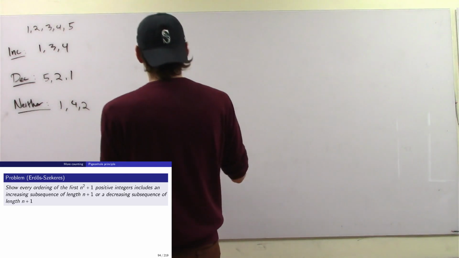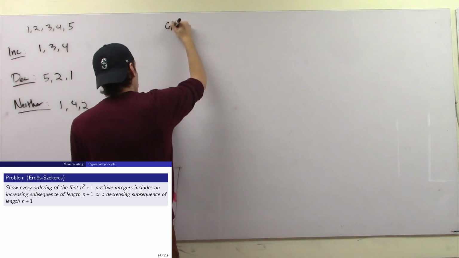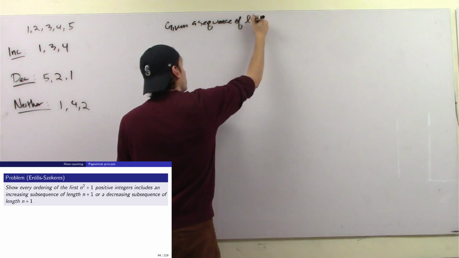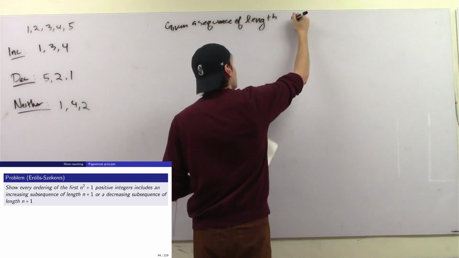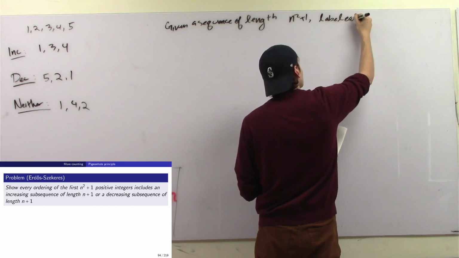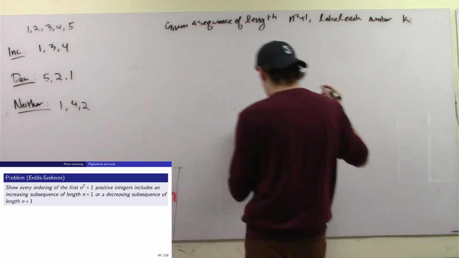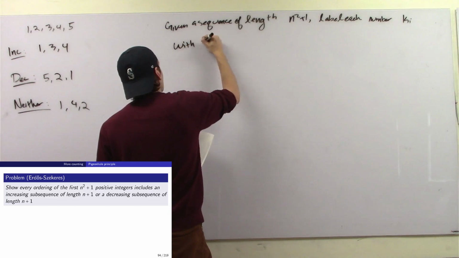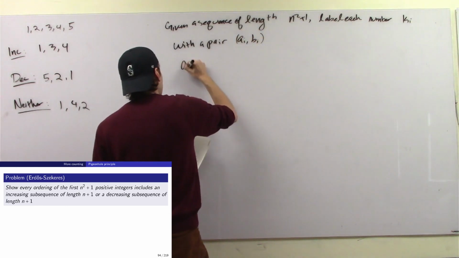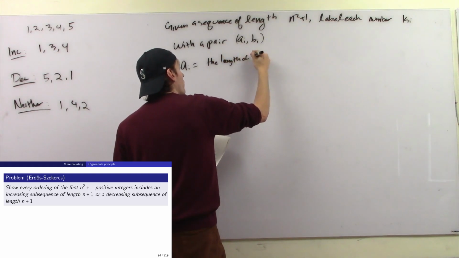So first I'm going to tabulate something, and then I'll talk about what's going on in my table. Actually, we'll do it the other way. Given a sequence of length n squared plus 1, label each number k sub i, and I'll explain what this means, with a pair a sub i comma b sub i. And a sub i is going to be the length of the longest